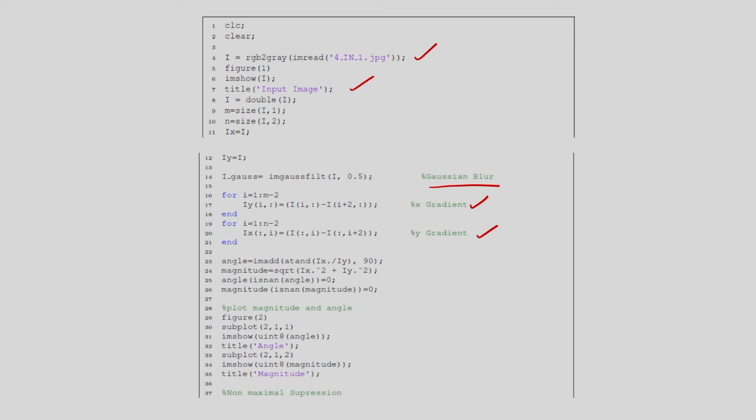And also I can determine the gradient magnitude and also the angle. And after this I can plot the gradient magnitude and also the directions, the direction of the edge normals. So these are the first and the second steps.